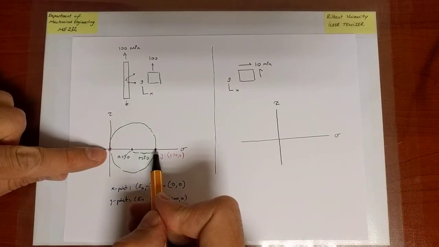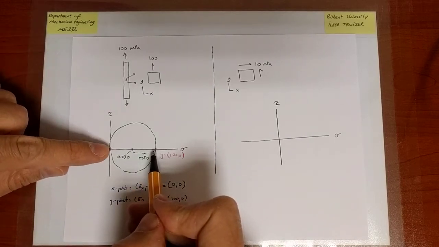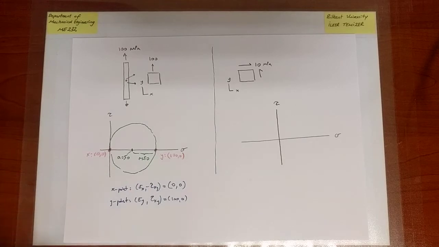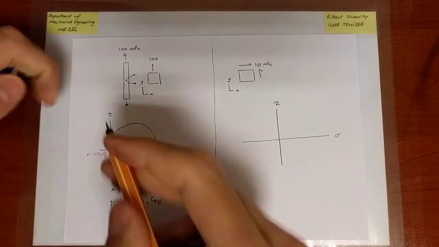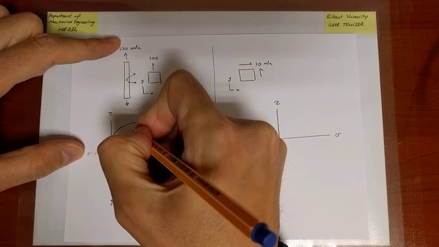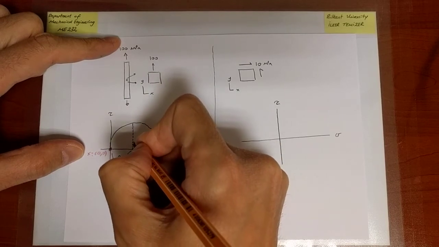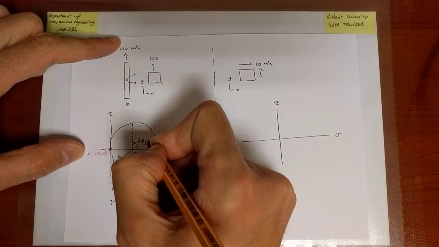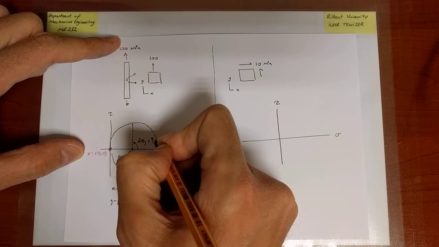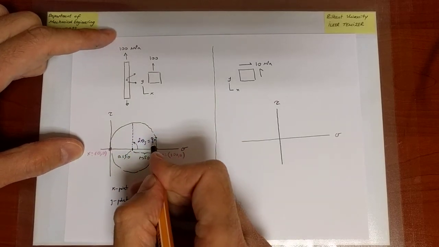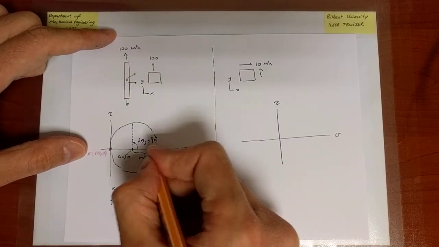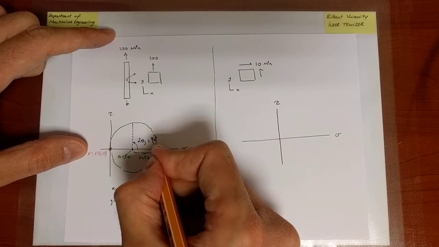And therefore, this is already a principal direction. If I rotate on the Mohr circle through an angle of 2 theta s equals 90 degrees, in other words, theta s equals 45 degrees, which I immediately conclude from this,